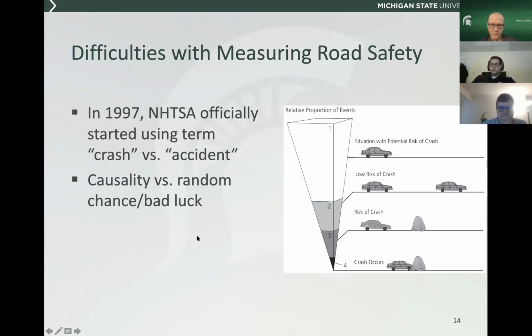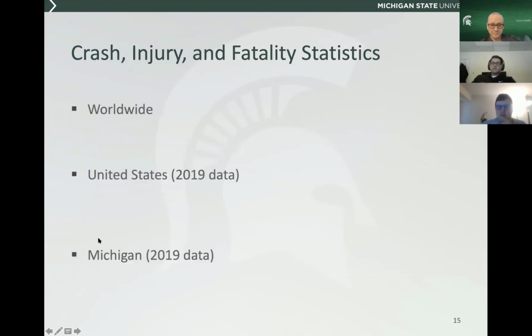Okay, so those are just a few important factors that help to quantify why it can be very challenging for us as engineers to address these traffic safety issues that have been problems since we started driving, basically. Now, just to get a sense of the scale of this problem, I've got some statistics here with the most recent data available, I think that's 2019 in all cases, although I couldn't verify from the World Health Organization here.